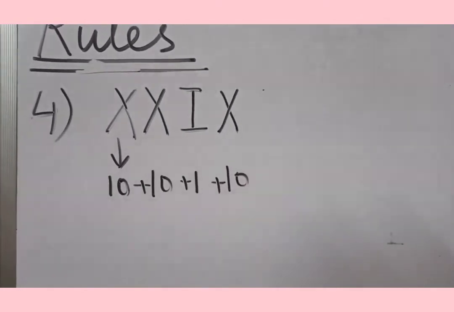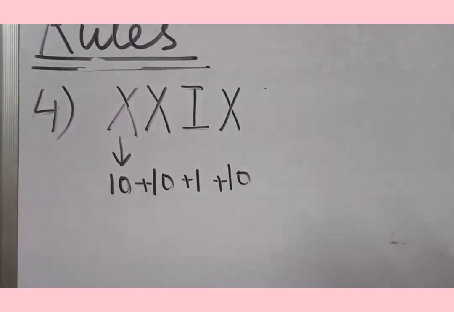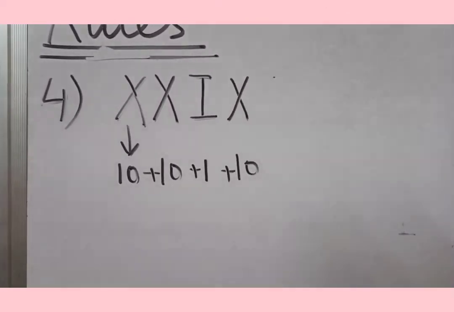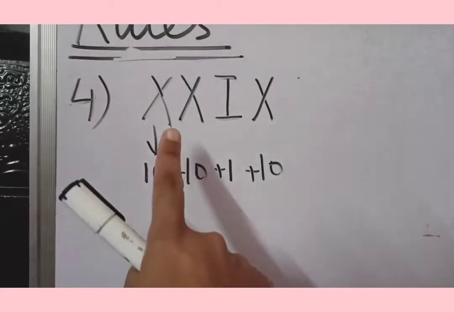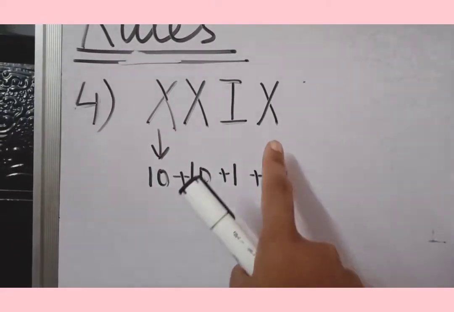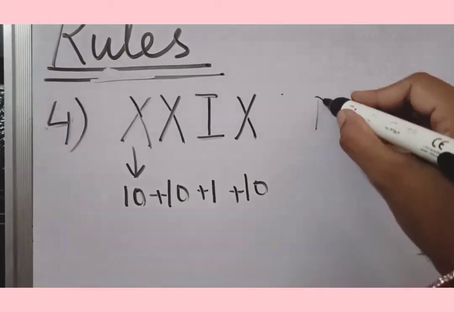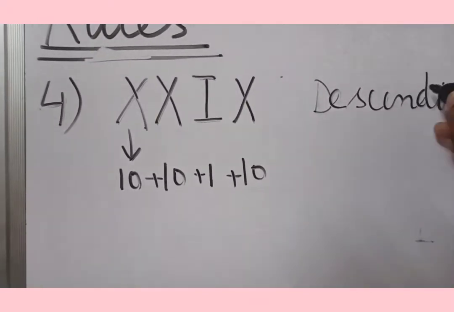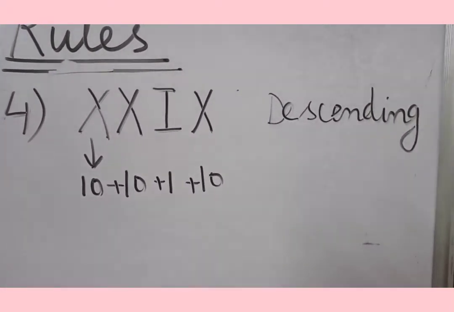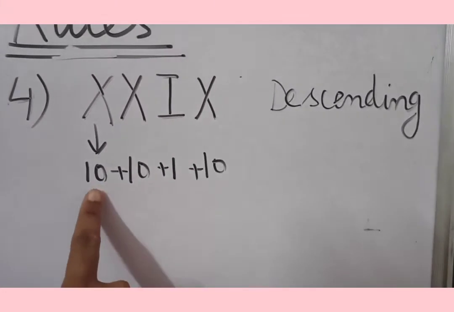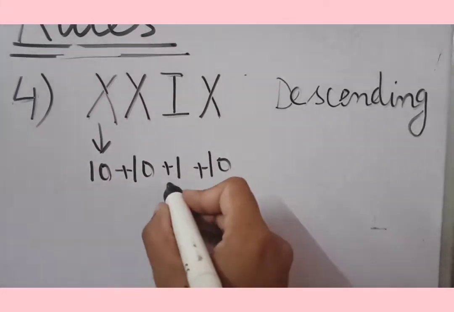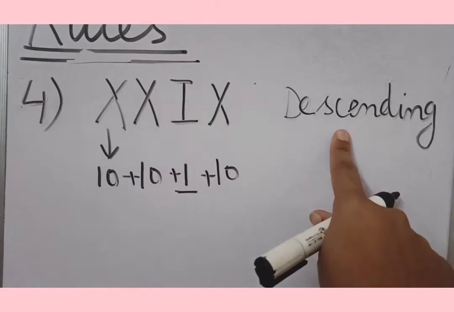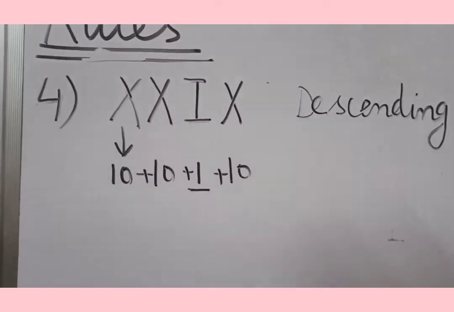But if we put a sign of addition everywhere, again we will not get a correct answer. What we are looking for is that whenever we see the alphabets, they should always be arranged in a descending order. Descending means big to small. But now you can see 10, 10, 1 and 10. This 1 is interrupting in between, so it is not making the order descending correctly.